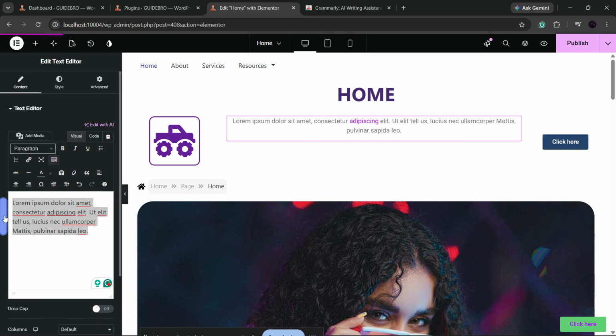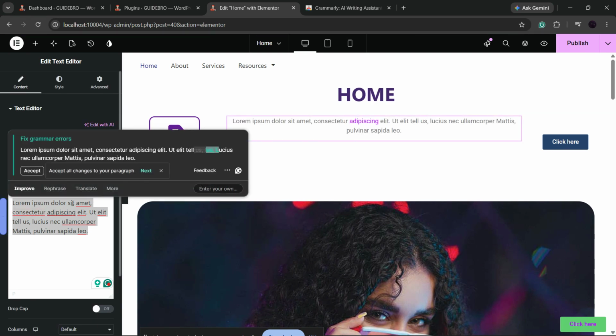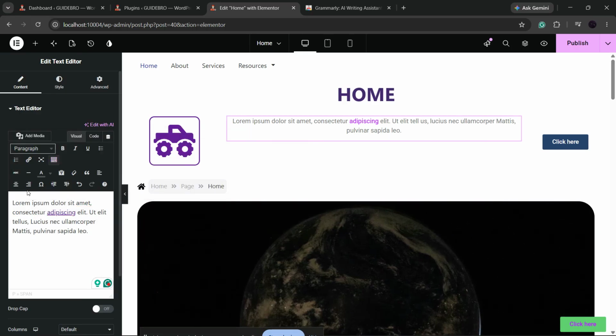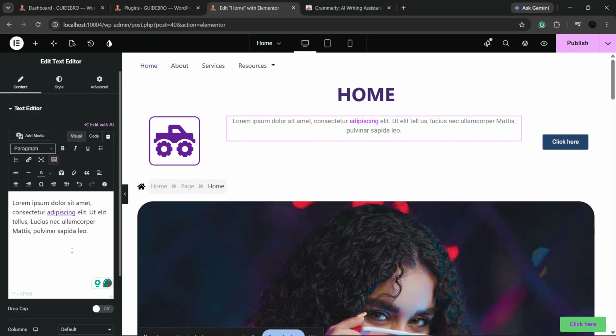A helpful tip is to always do one final read-through after the extension finishes. Even the best grammar tools can miss context or suggest changes that don't fit your writing style. So after you fix the underlined mistakes, take a quick look at the full post to make sure everything sounds natural. And that's it. You now know how to check grammar and spelling mistakes in WordPress using a browser extension